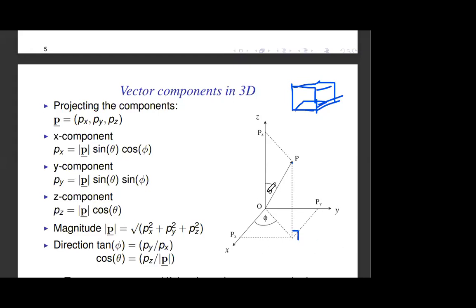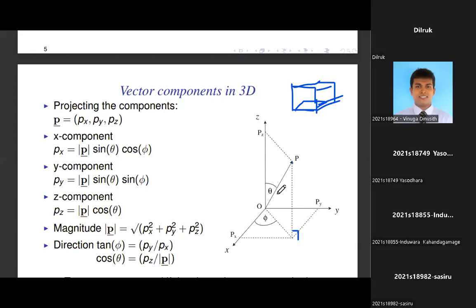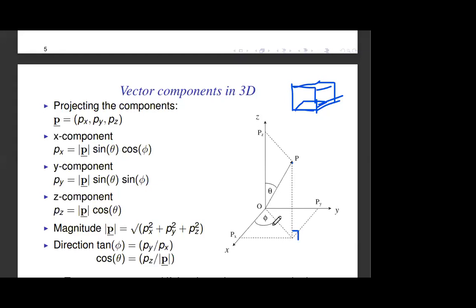And how do we find these angles? You can measure these angles, right? Because you know this direction, you can find the angle between OP and the OZ axis. You can measure this angle as well, the angle between OX and this projection, the projection of OP on the OXY plane. So if you know those angles, then you can find